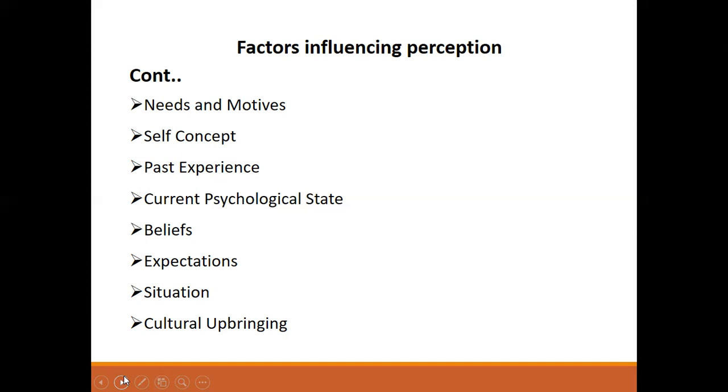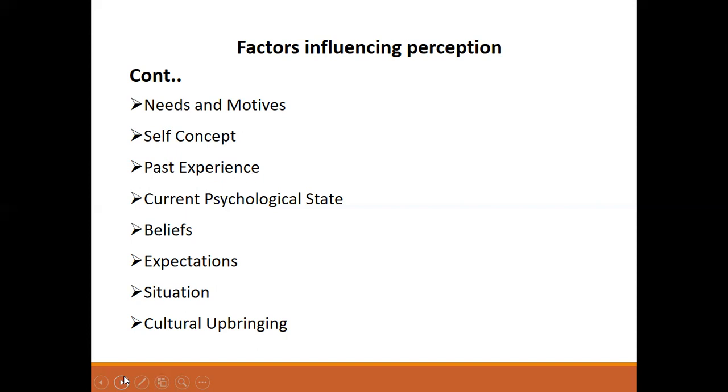When people are not able to satisfy their needs, they engage in wishful thinking, which is a way to satisfy their needs, not in the real world, but in an imaginary world. In such cases, people will perceive only those items which suit their wishful thinking. Motives also influence the perception of people.